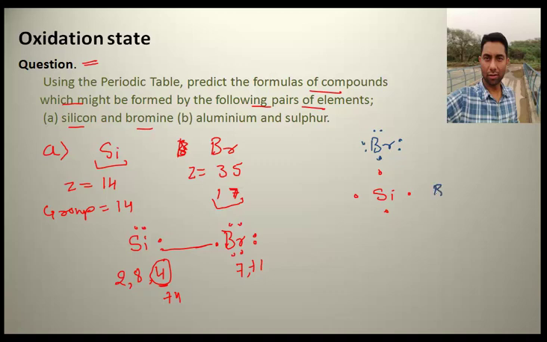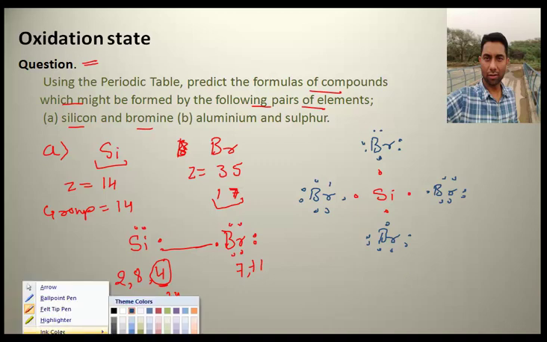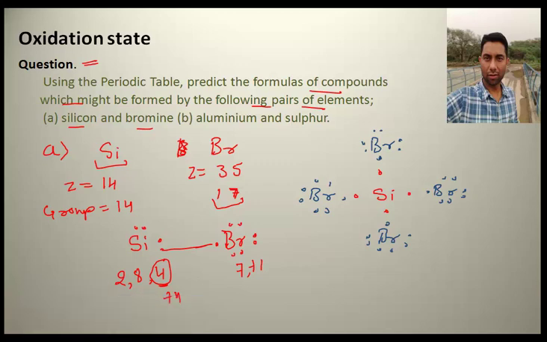This is Br. Now in this case again a second bromine, because how many bromine atoms will combine so that the octet of silicon can be completed? So 1, 2, then the third one can be represented, 1 electron, 2, 3, 4, 5, 6, 7, and in the same manner 1 more Br can be represented. Okay.